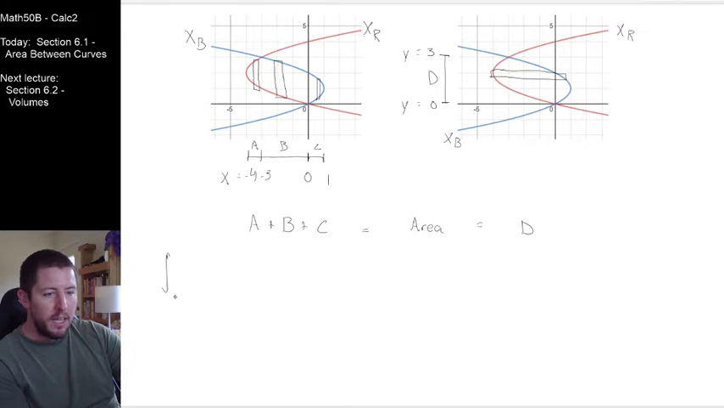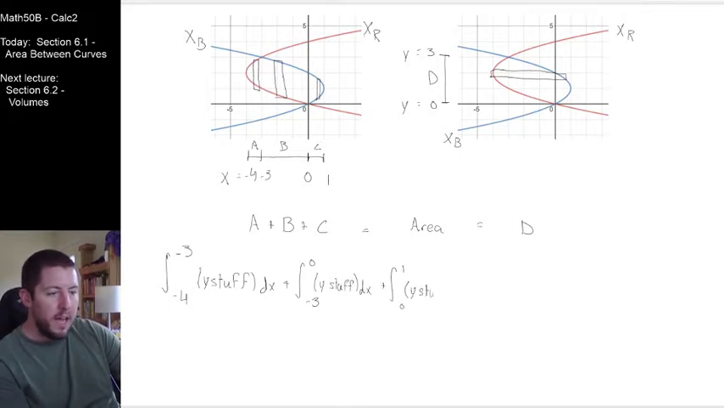I'm going to just kind of get some general stuff written down here. -4 to -3, there's going to be something I want. There's going to be some y stuff that we want here, and it's going to be a dx integral. We're going to add that to an integral from -3 to 0, again, of some y stuff. I don't know what it is yet. We're going to talk about it in a minute, dx. And we're going to add on to that an integral from 0 to 1 of some y stuff, dx. All right, we got to figure out all our y stuffs, but this is the general structure of our vertical